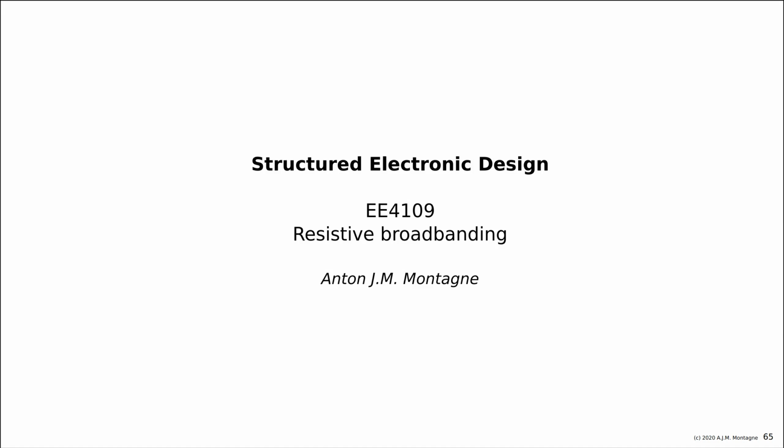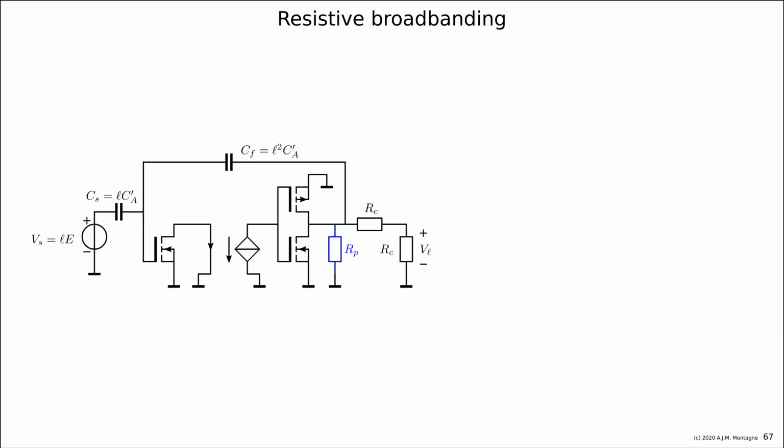And the nice thing is that the product of the gain and the time constant remains the same. This is the theory behind resistive broadbanding. The second pole can be shifted to a higher frequency, and I want it to be at the square root of 2 times the bandwidth, which is 1.4 times the achievable bandwidth. It was already at 1.2 gigahertz, so if I add some resistor in parallel with the load, I shift it